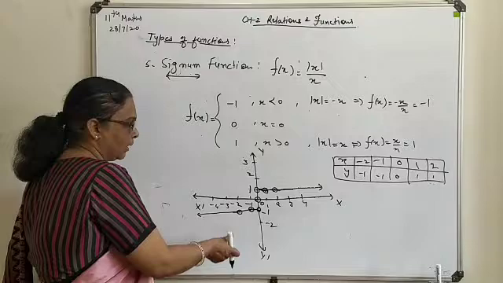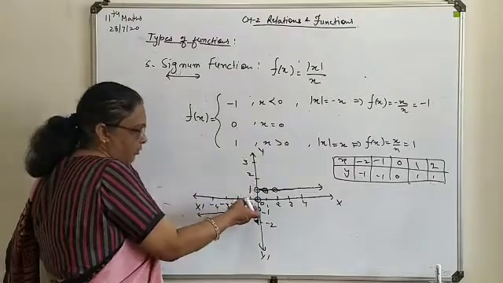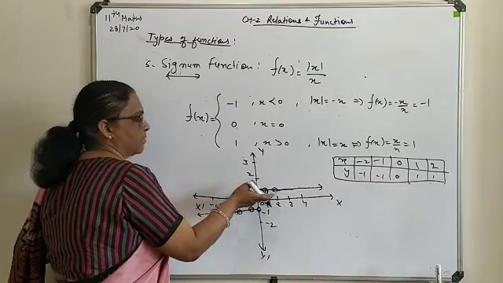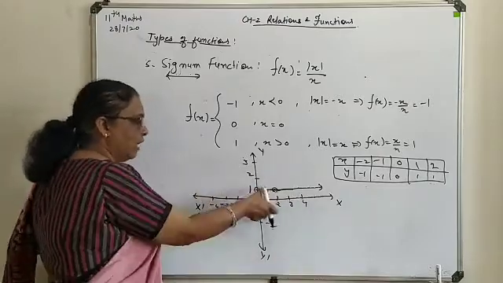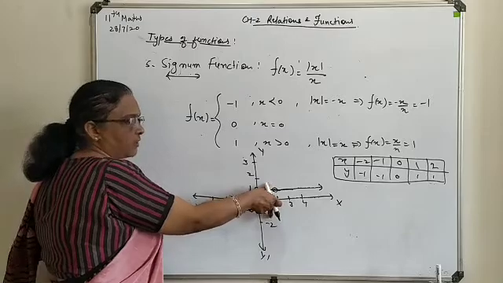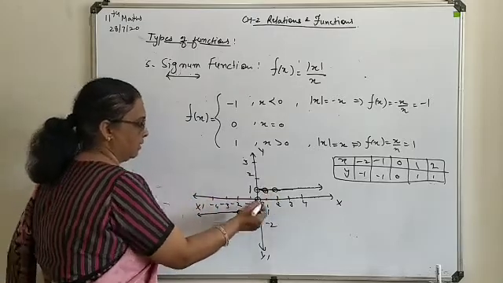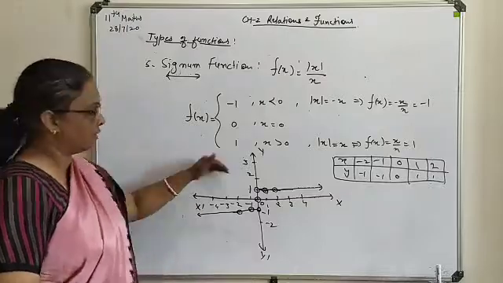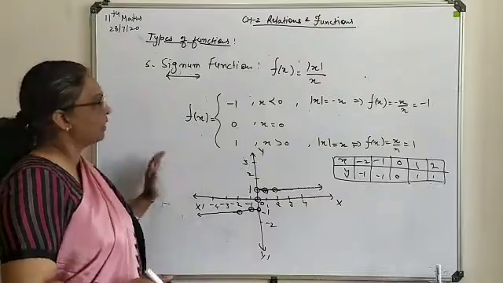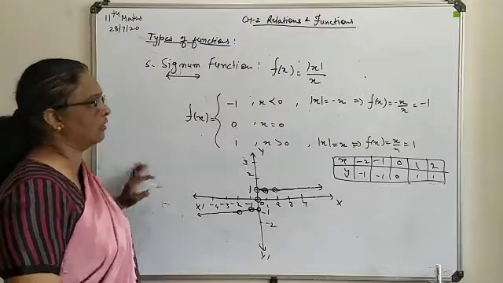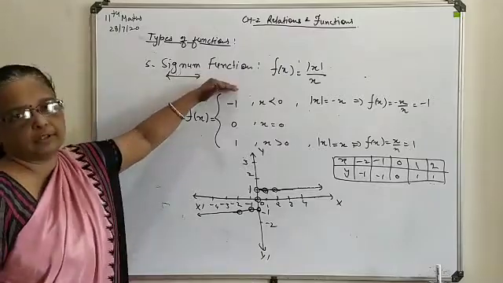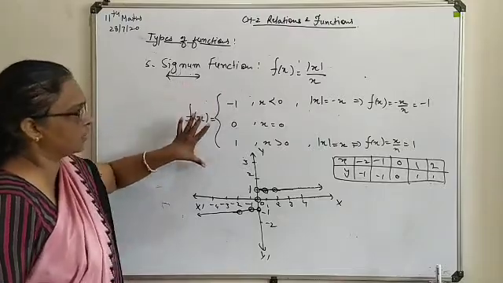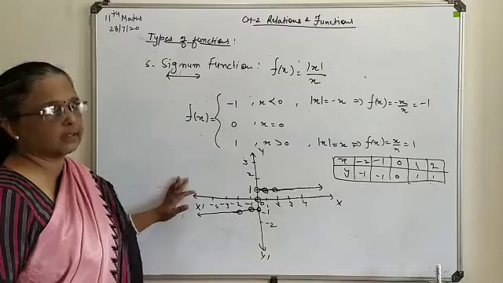So here you can see, for the negative solution, you have a straight line towards the negative. For the positive solution, you have a straight line towards the positive. But these two lines are totally distinct. They are not going to meet each other because here we have an intermediate solution of 0. So this is the break in the curve you will have while writing the signum function. So this way, any signum function you have to express. Keep all these values in your mind while attending the signum function.